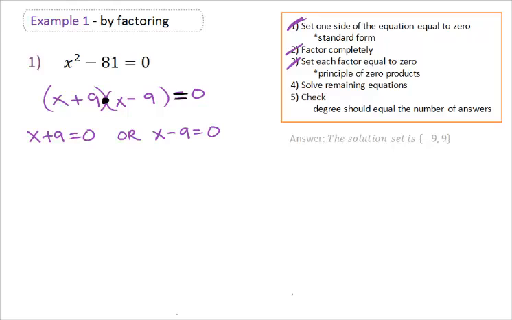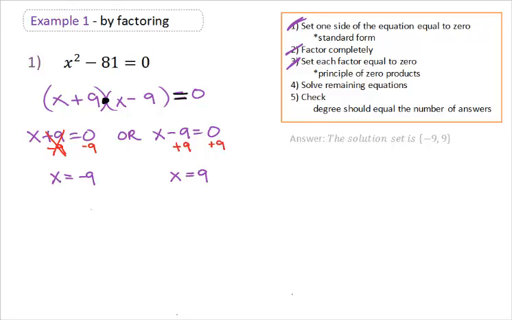Step number 4, these are both linear equations, so we can solve them by isolating the variable. So let me subtract 9 from my left-hand side, which cancels it out. Gives me the solution x is equal to negative 9. My right-hand one, when I add 9 to both sides, that gives me the solution of x is equal to